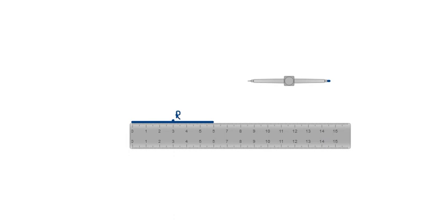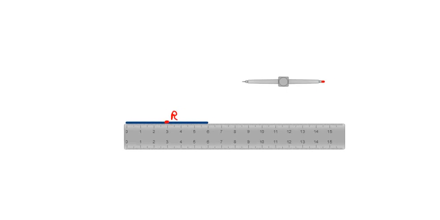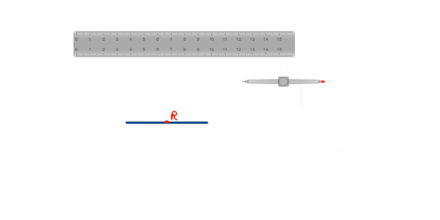Just a second, let me do it with the red color so it will be nicely visible. So here we have our point R. Now we can keep aside the ruler for now and bring in the compass. Let's resize this compass. Now first we will draw two arcs cutting the line, like the A and B points, which is very necessary over here.